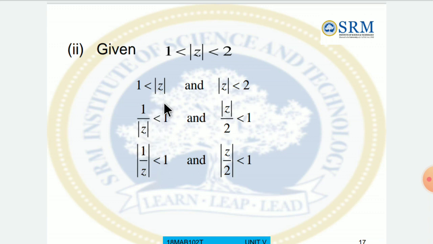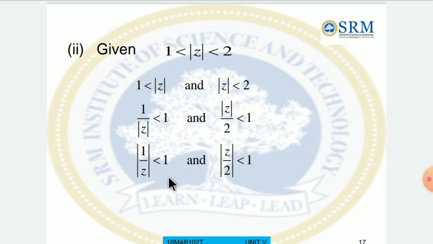So what I told you is that once it is outside, probably we may generate the principal part. The principal part means z in the denominator. So outside means we keep the z in the denominator. Inside means keep the z in the numerator. So from the second half, mod z less than 2, inside the circle, divide by 2, we get mod z by 2 less than 1. So there are two regions of convergence. One is 1 by z, another is z by 2 less than 1.